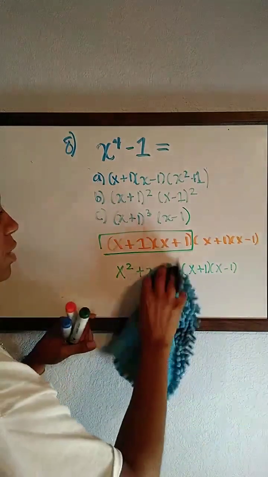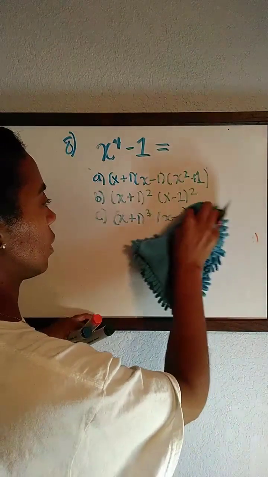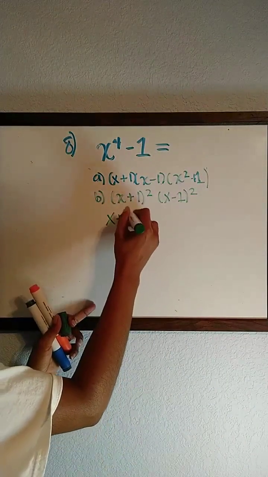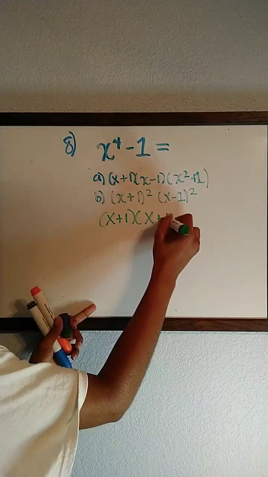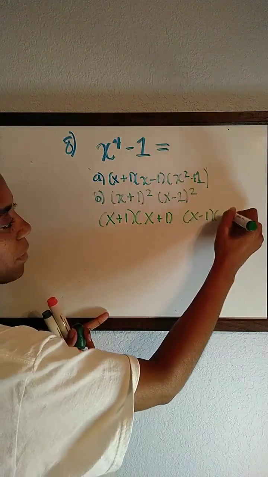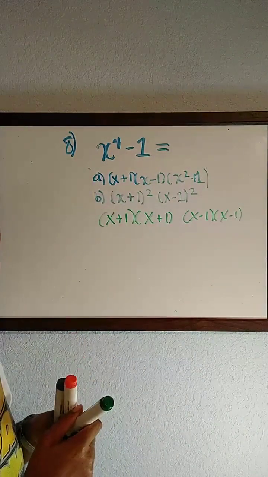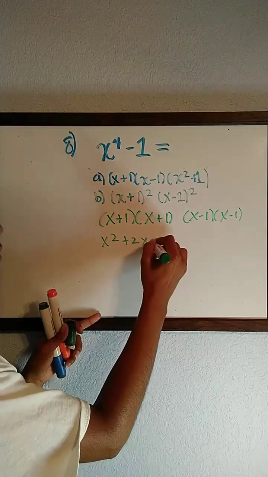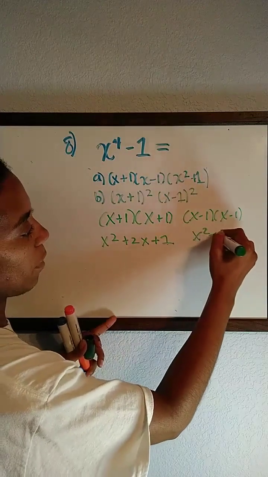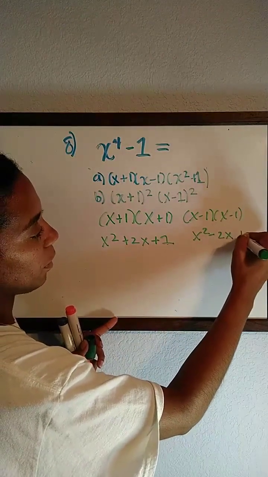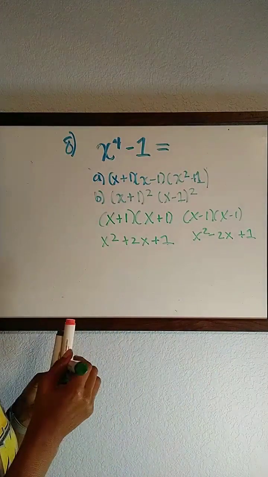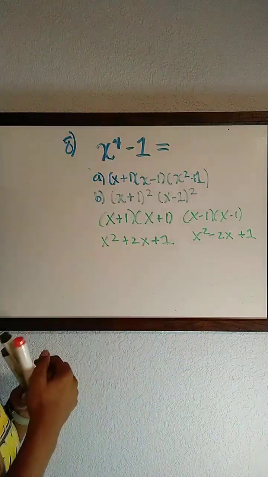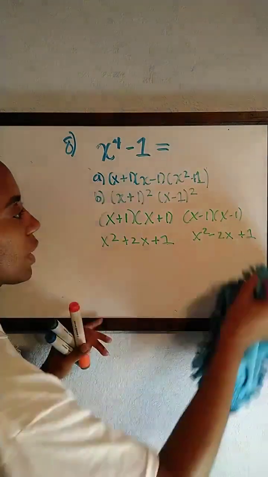So that wouldn't be the right answer either. This one is x plus 1 times x plus 1, then x minus 1 times x minus 1. But good try, Nina. You was close. Same thing. This would be x squared plus 2x plus 1. This would be x squared minus 2x plus 1. Same. It's not going to work. Okay? That's not going to work either because the end is positive 1 and I need it to be negative 1. So, of course, we're only left with the last answer,